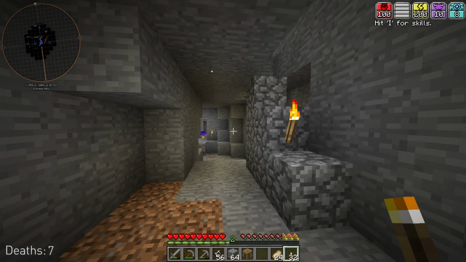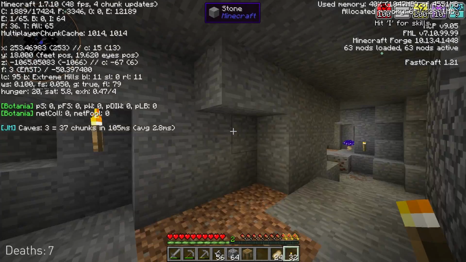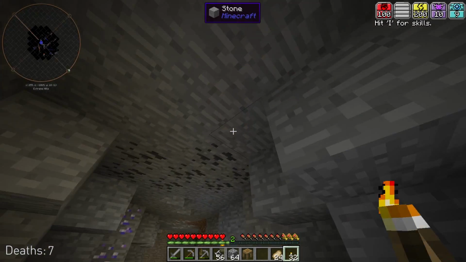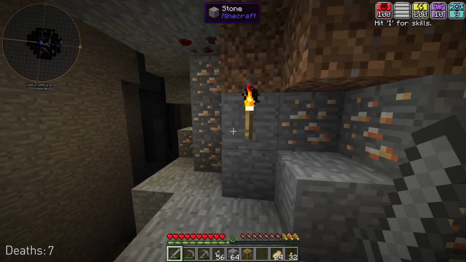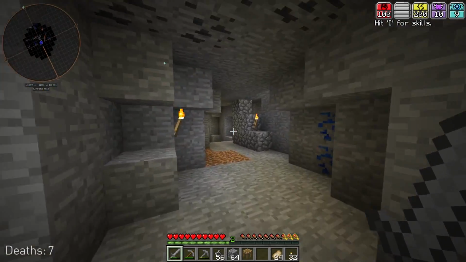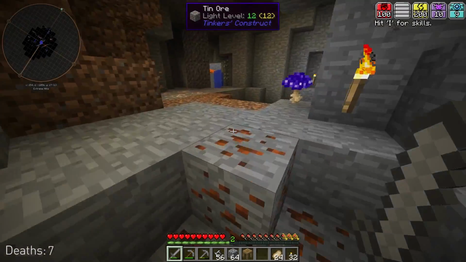Alright, check it out. I'm actually pretty far underground now. I am sitting at negative... Or no, not negative. I'm sitting at 18, which is pretty close to the bottom, and I found what looks to be a cornucopia. Limonite, that's definitely a big plus for me. A lot of limonite, actually. That might be able to fund quite a few weapons, quite a few items. That's what I need